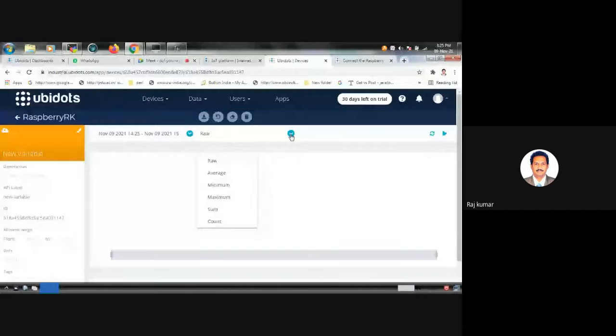See, raw data means it won't perform anything, whereas you can perform average. Suppose data is incoming to the server side. If you select this average, automatically it will keep on calculating the average of values. For example, temperature values. All the values will be summed up instantly and divided by the number of values taken, and it will give us the average. Raw data means as it is the data which you are uploading from the device to the cloud, the same data will be there. That is called raw data.